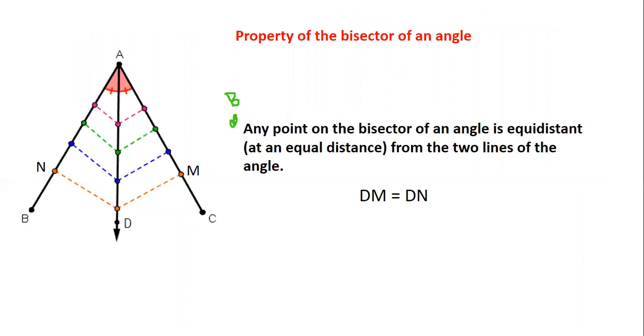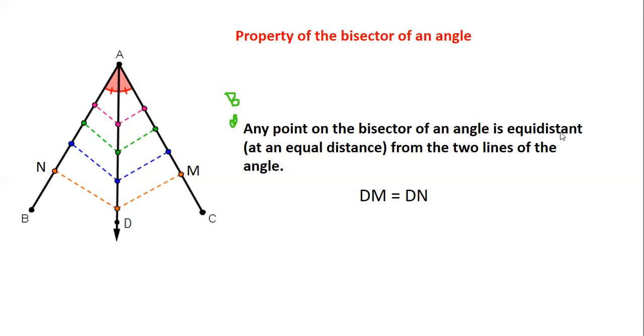Now, there's a very important property of the bisector of an angle. Suppose I have angle BAC. I drew AD, the bisector of this angle. Then angle BAD will be equal to DAC. Now, if I asked you, let's take point D on the bisector. What can we say about D and the point M, which is on AC, and the point N, which is on AB? There's a very important property of the bisector of an angle, which says any point on the bisector